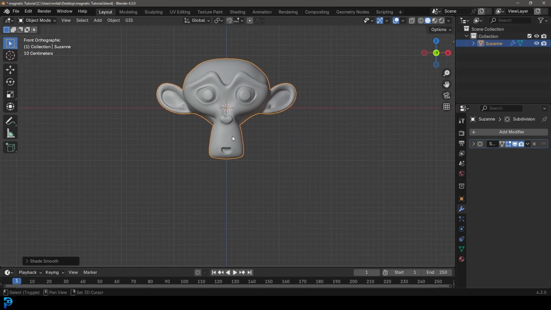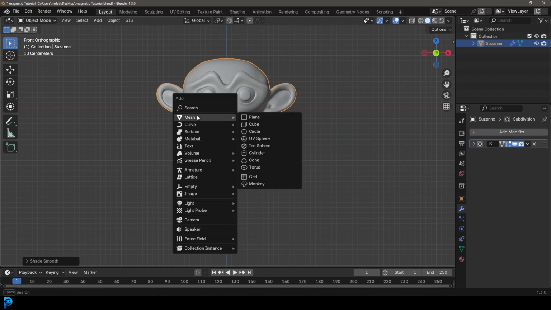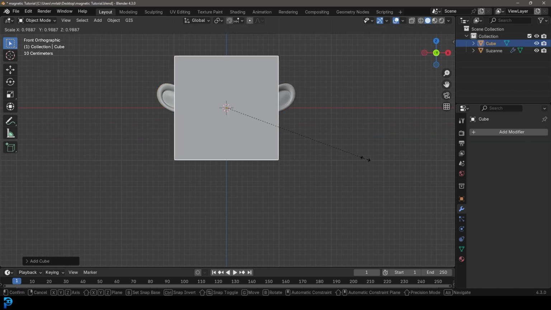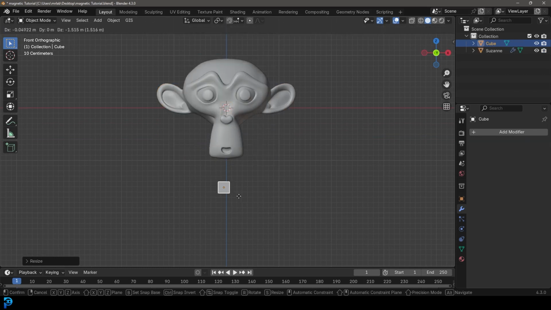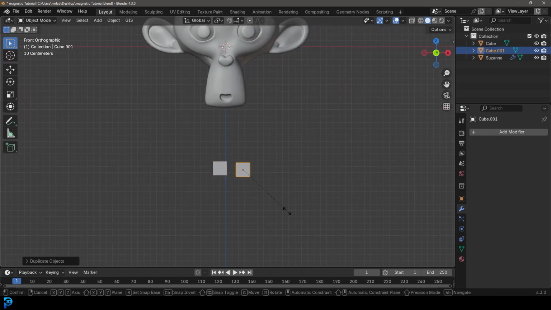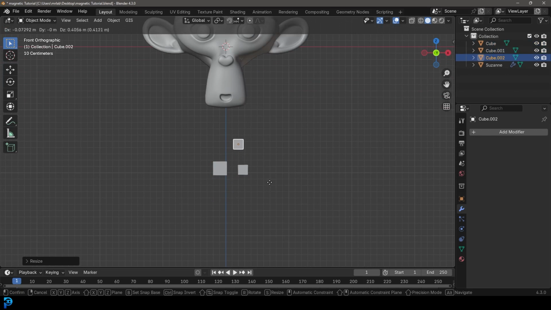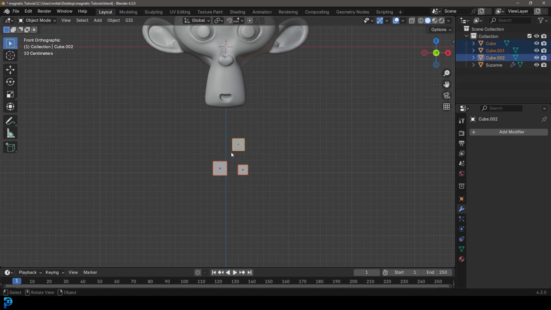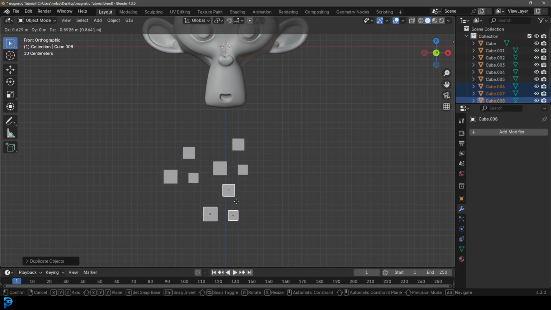So what we're going to do is press Shift A, go to our mesh option, and add in a cube, a nice simple object. Let's press S to scale it down and G to bring it down here. And we'll press Shift D to duplicate, S to scale, and then Shift D to duplicate, S to scale a little bit different. Then grab these and press Shift D to duplicate, and make a whole bunch of